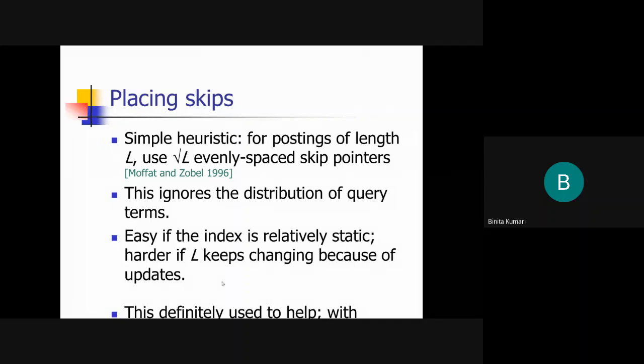So this theory works very well when you have taken a posting list and you started working on it. But if in the posting list you are doing some more insertions and deletions, then as a result the total length of the posting list will change. If you are deleting some document IDs, it will be reduced, and if you are adding some more document IDs, then the length will be incremented.